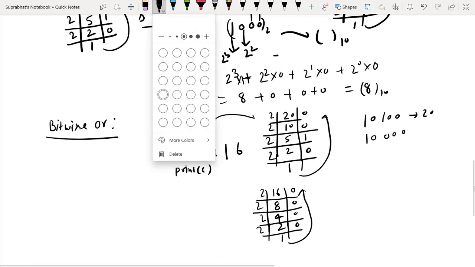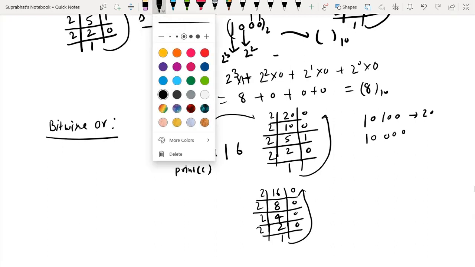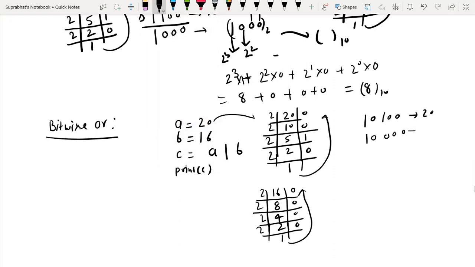So we have now got the binary of both numbers. This is the binary of 20 and this is the binary of 16. Now I have to apply the OR operator between these. The rule for the OR operator as a logical operator, you know it: 0 and 0 is 0, 1 and 0 means 1, because if either operand's bit level value is 1, then its value is 1. So this is the final value.